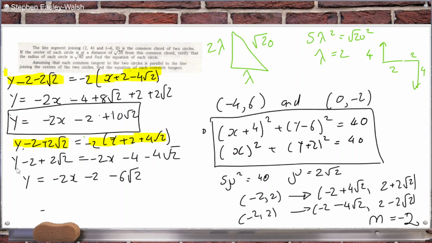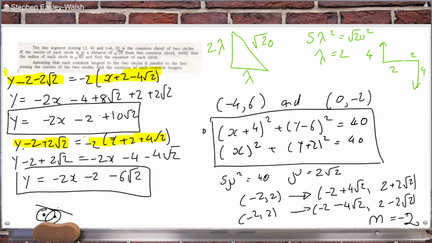Yeah, okay. So there you go. One way I can check that these are right is that if they're tangents, then if I calculate the perpendicular distance from the centers of the circle to the tangent line, I should get root 40. So if I just take out my calculator,